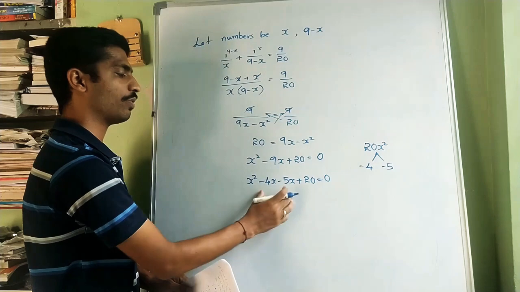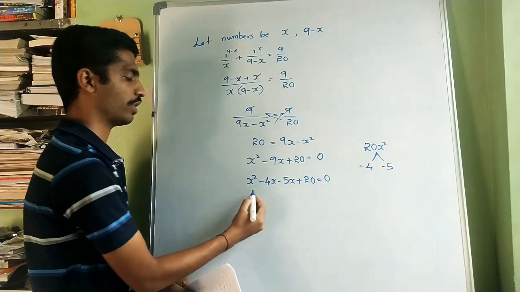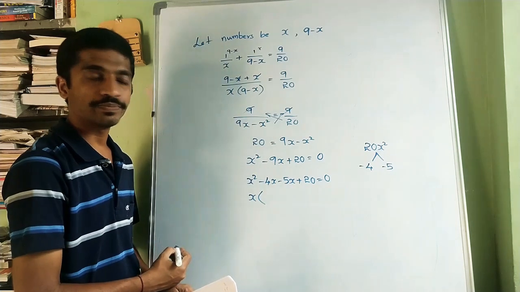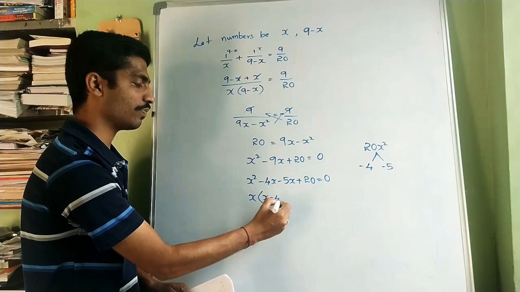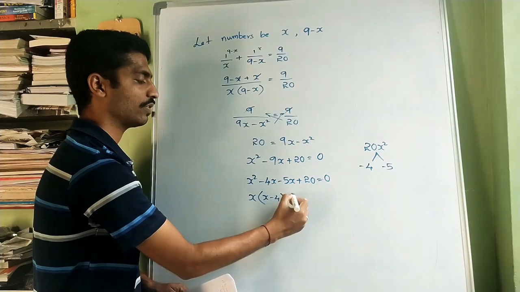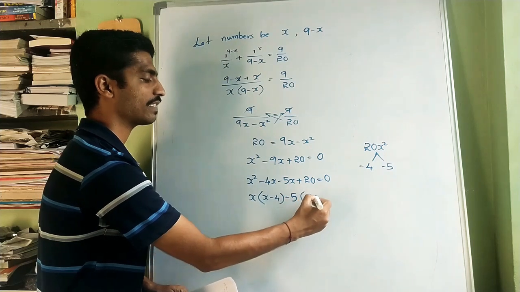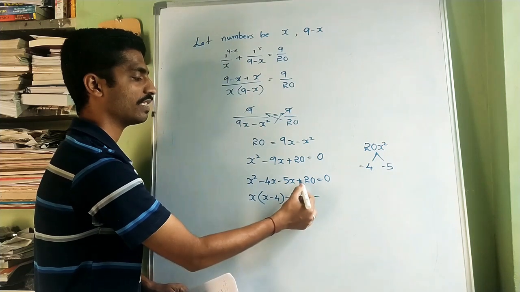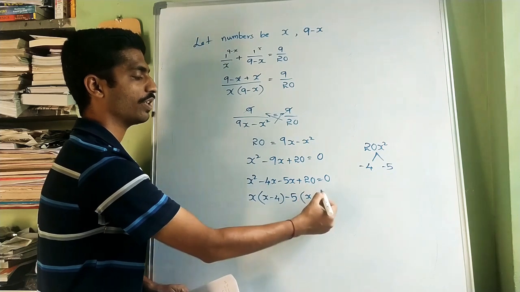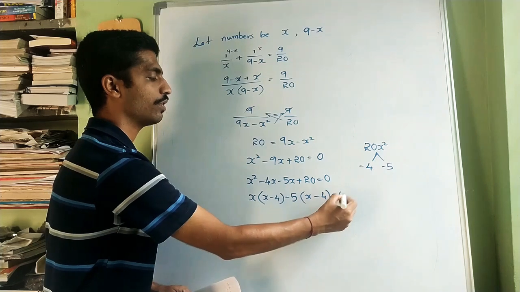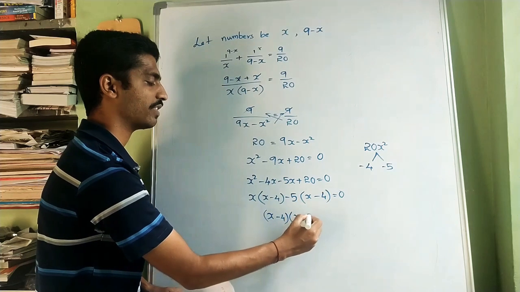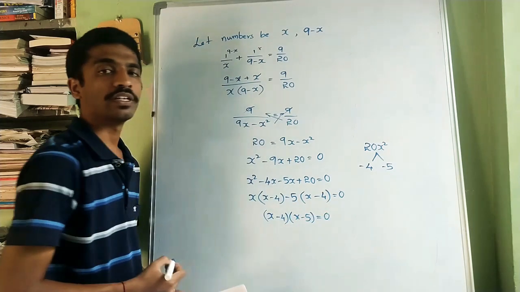Now take the common factor from the first two terms and the next two terms. So x square minus 4x, here take x common. So it becomes x minus 4, minus. Now here 5x is there, 20 is there. So take 5 common. What is left? x, and minus, here plus is there. We need the plus, so we have to multiply with minus. So 5, how much makes 20? 5 fours are 20, equal to 0. So x minus 4 and x minus 5 are the two factors of this equation.